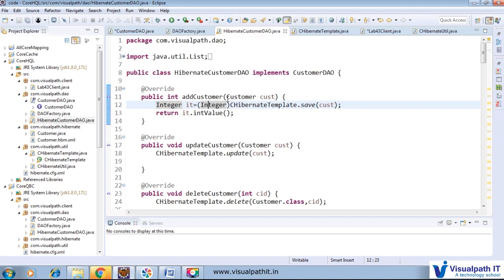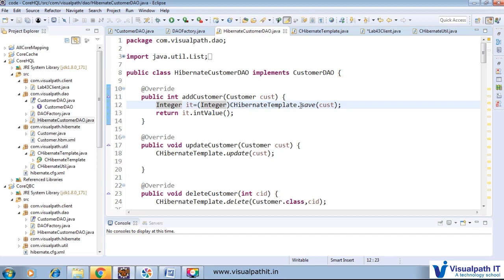So how are we going to call it in the Hibernate template by using a Hibernate DAO? These 4 methods, create, update, delete and retrieve operations, we have already seen in many places. There is not much difficulty here.